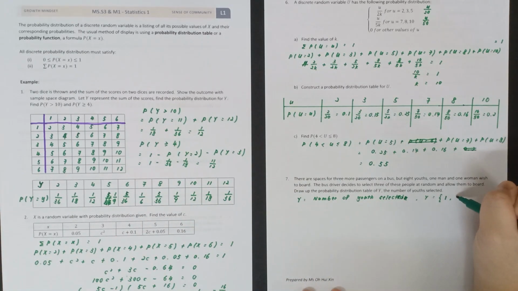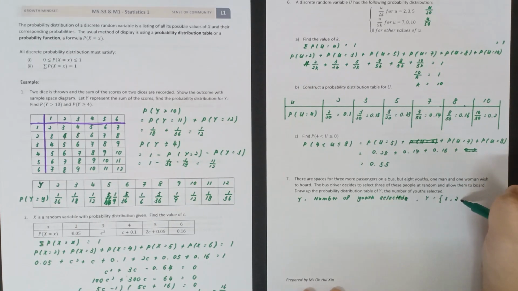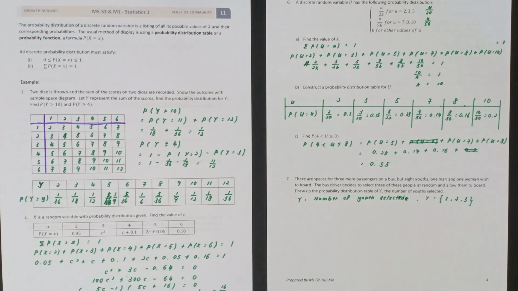So the other case is you can have like 2 youth and then 1 from 1 man or 1 from 1 woman. Then after that, the other one, then you can have, yeah, or 3. Okay, so the possible outcome for you is like 1, 2 or 3. Okay, so for this question, the same thing, you can use combination to do that, or you can use tree diagram to do that. But for this question, I will recommend you to use a combination more than tree diagram, because